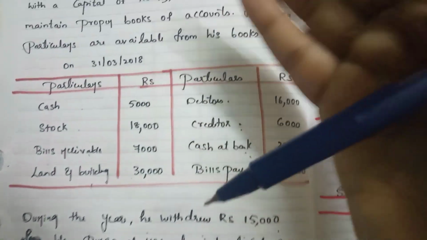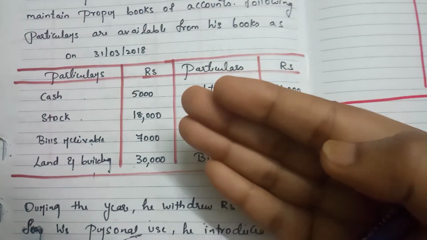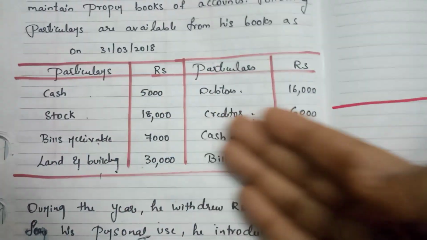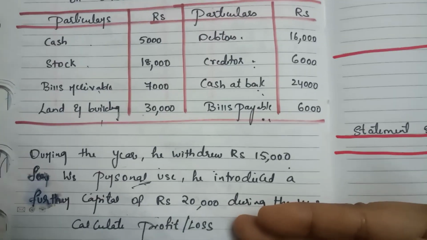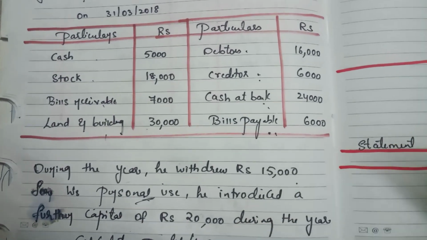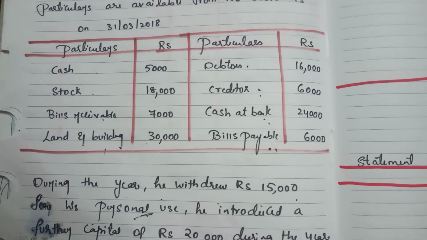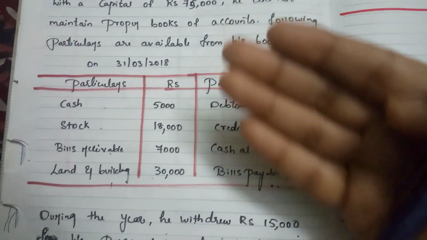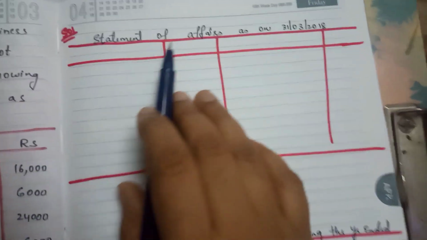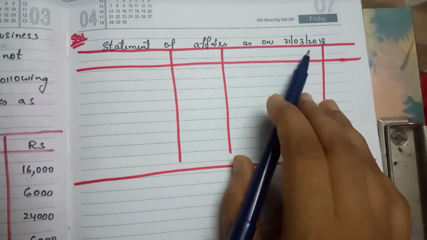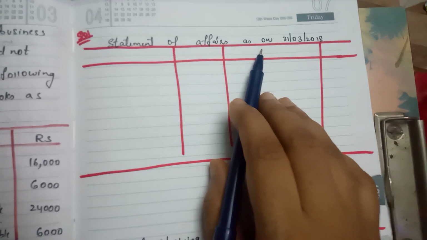That is, already opening capital they gave you. We are going to find out the closing capital based on this information, and we are going to find out the net profit based on this. Okay, that's it. We are going to do two pro formas of this because already opening capital is there and we are finding out the closing capital. So now we will go with the problem. Statement of affairs as on 31/3/2018 because they gave you the opening capital.